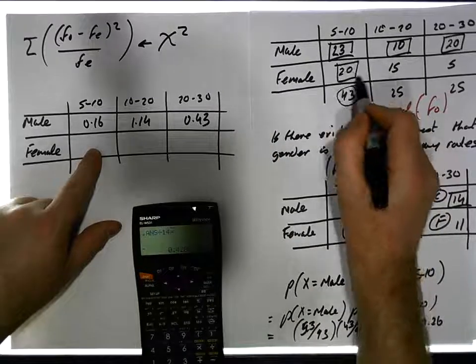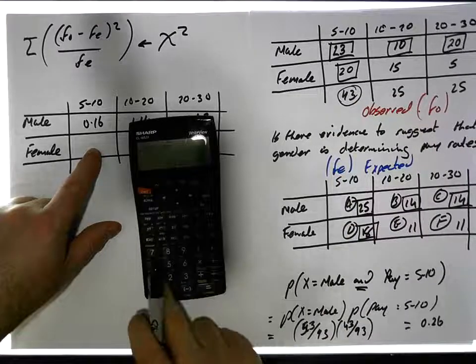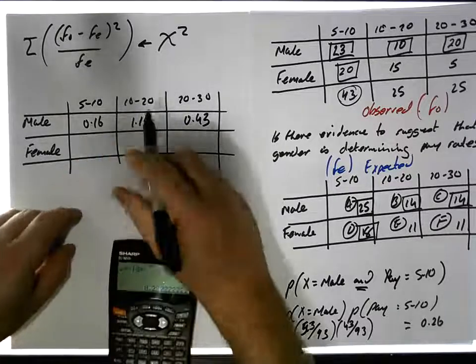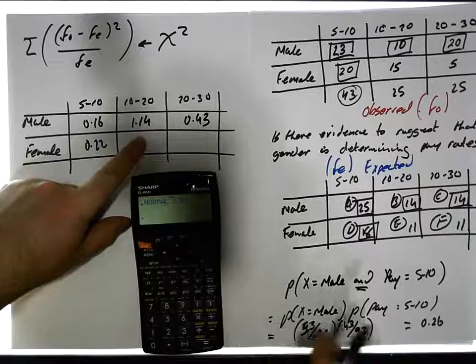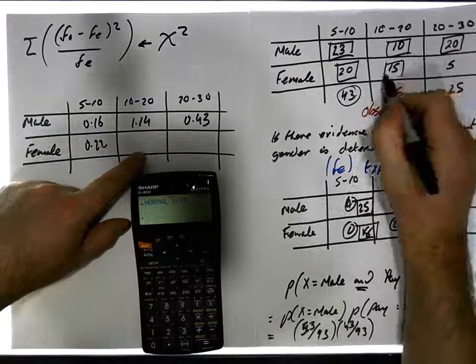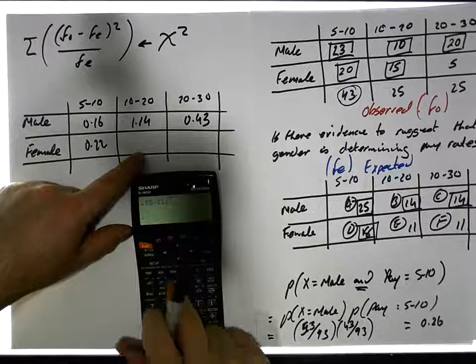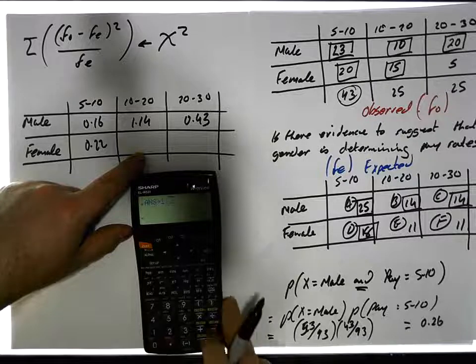Well, it's 20 minus 18 gives us 2. 2 squared is 4. 4 divided by 18 gives us a value of 0.22. Okay? So 0.22. What would you expect to happen in here? Well, it's 15 minus 11. Okay? And we square that, gives us 16. And divide that by the expected, which is dividing that by 11. Okay? Gives us